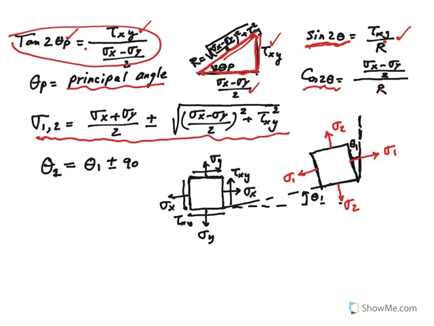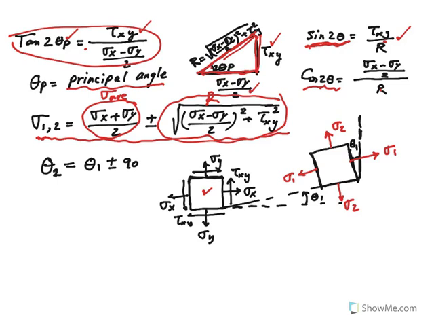And notice this is again R here, this radical term. So basically sigma 1 and sigma 2 become what we call the average stress plus and minus R. And later on, as I said, you'll see that R is called the radius of the Mohr circle. Anyways, so now to show you what's going on, if this was the initial stress element, right,